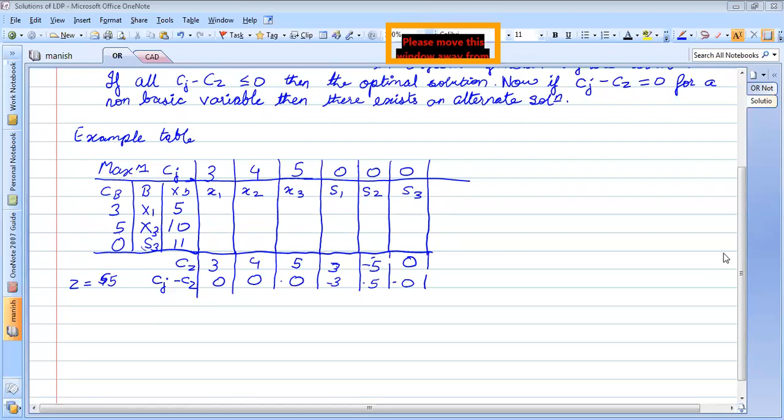Will it be a unique solution or... Okay, 302, 19, 302, Swati. 19, 302, Swati.